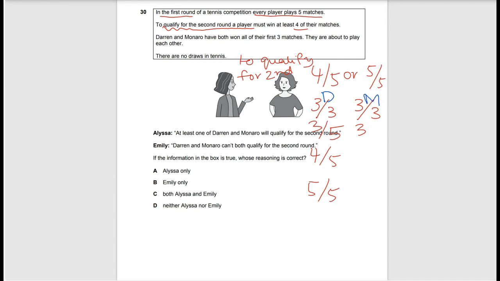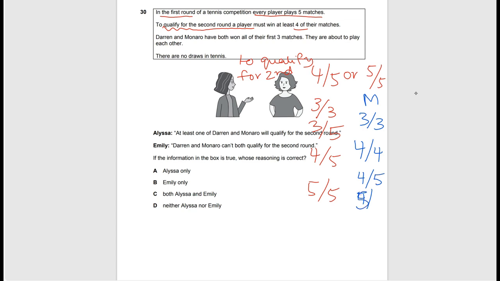So if this is Darren and this is Monaro, let's do Monaro first. He's currently at 3 out of 3. If he wins this current game with Darren, he'll be at 4 out of 4. And he could win the last one, or he might lose his last game. So he might get 4 out of 5 or 5 out of 5, depending on if he wins his last game. For Darren,